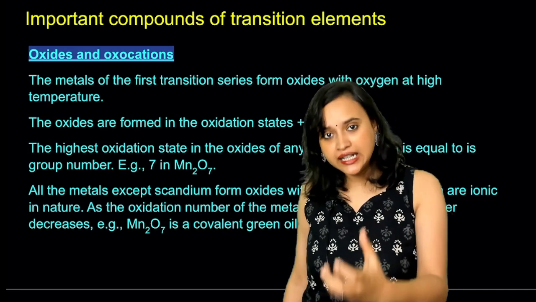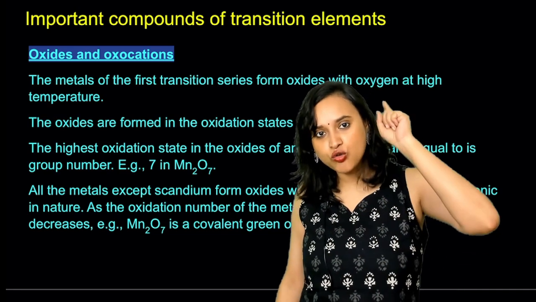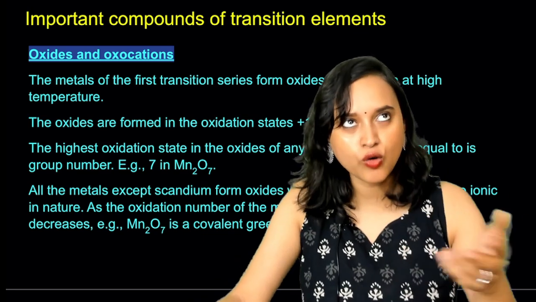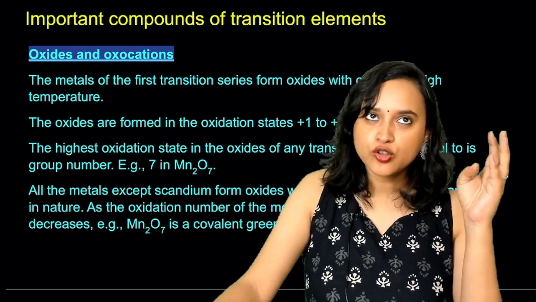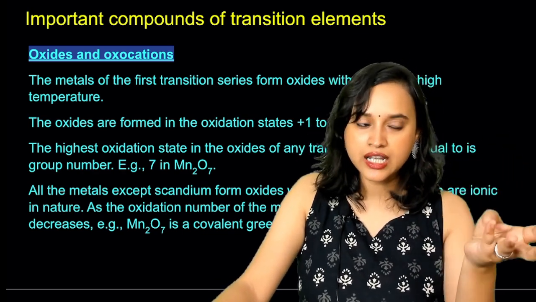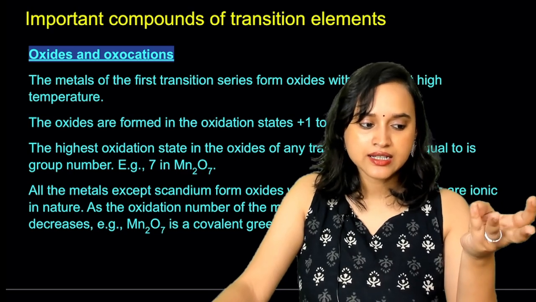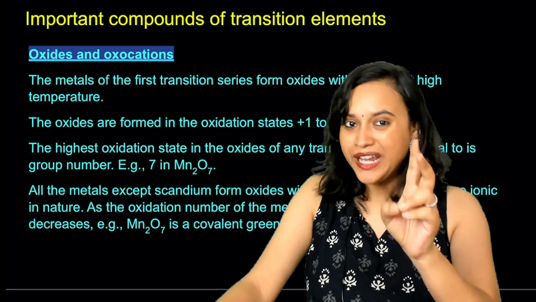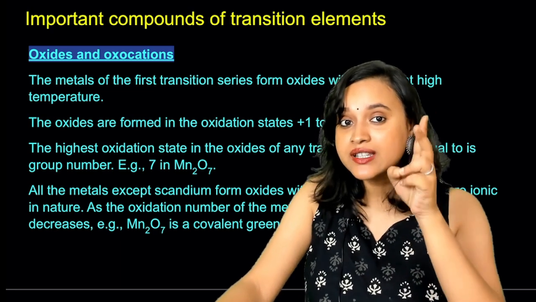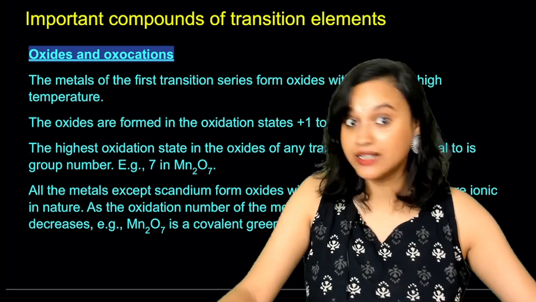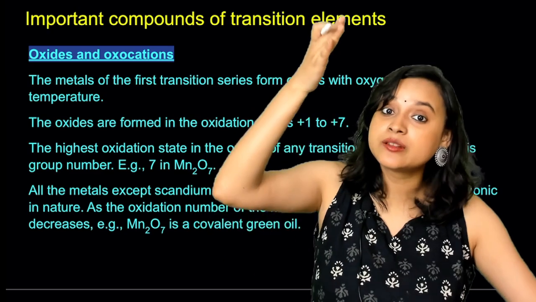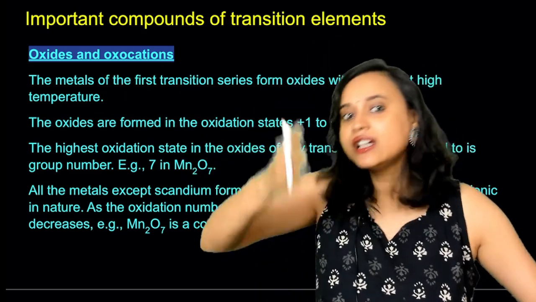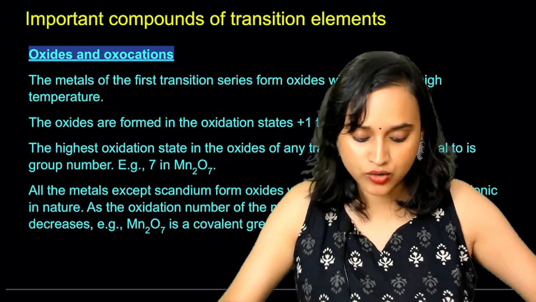That is iron. You will not see that iron goes up to the group number. Group 3 is scandium. So 3, 4, 5, 6. Iron belongs to group 8, right? Now in group 8, you will not see that iron goes to +8 oxidation state. That does not happen. But manganese belongs to group 7 and it can show you a +7 oxidation state. So only till manganese you get to see this. After that, you don't see it, okay?